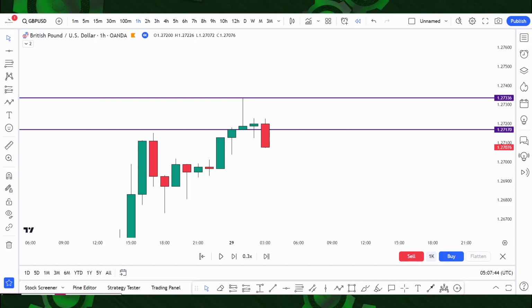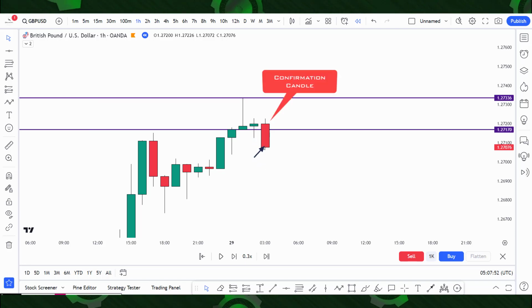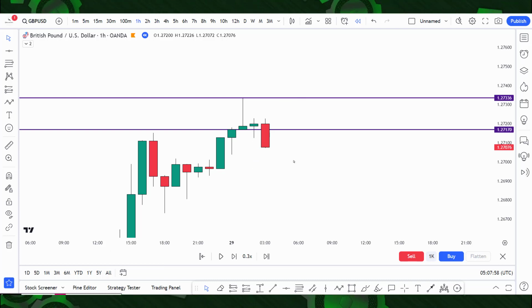We saw that candle close below it, and then this one almost closed below, then closed back inside. This is not a valid close. This one is just a retest, but we saw this one market close below. And then what you need to do now, to trade it very effectively like a pro,